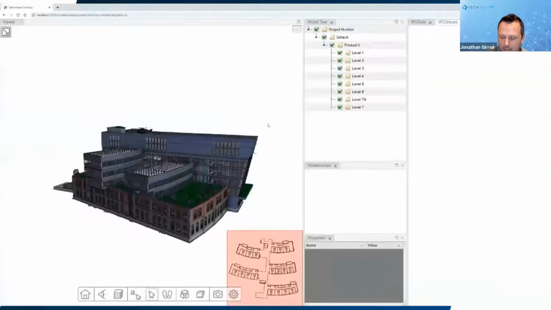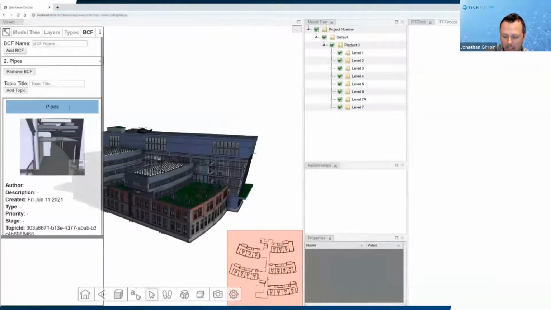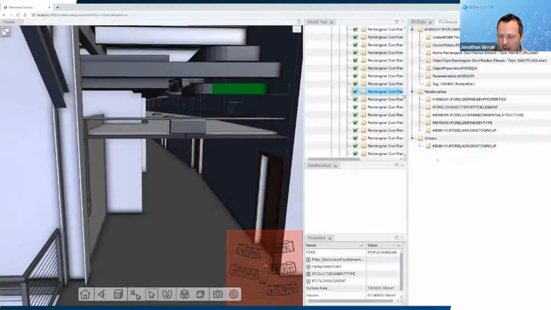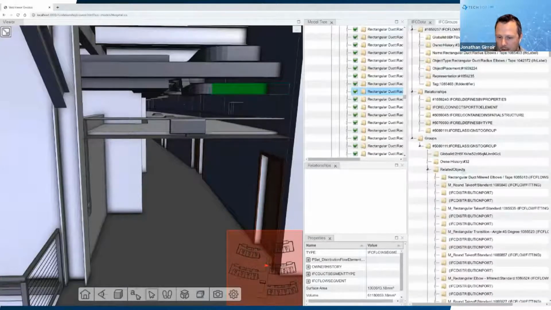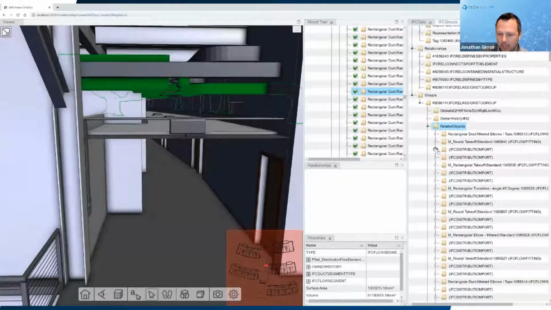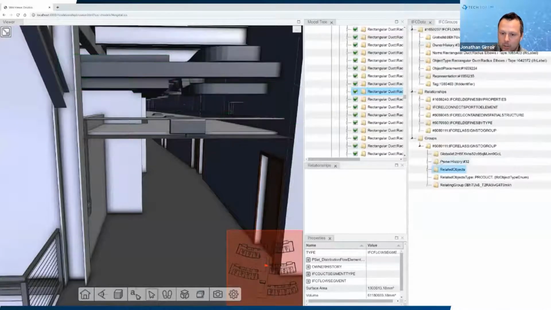So let's look at a different data set now, a large multi-story hospital. Again, it has a BCF file associated with it, so we can zoom into this one particular area. And we can select again on this ductwork, and we can ask for the relationships and the groupings that are associated with that, which include these exit ports, which actually aren't in the visible geometry. So it's the way this file is constructed, you can't see those ports. It's not being displayed. However, we have access to that information. We can dig deeper and show it to you.